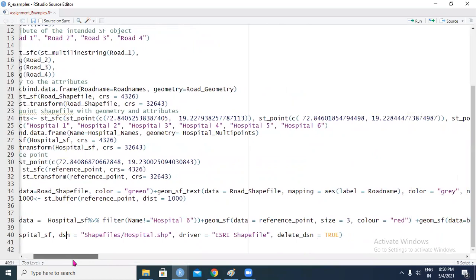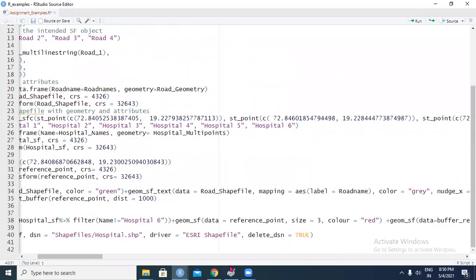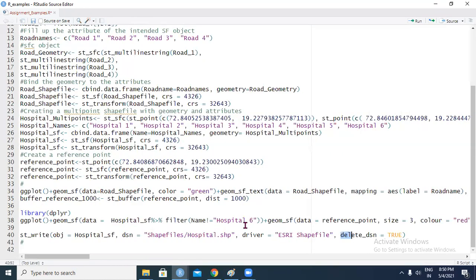And in case this is already there, we use this particular argument, delete_dsn is TRUE, so it helps us overwrite it in case there is a file with the same name available. And your driver is your ESRI shapefile, because it will be written as an ESRI shapefile. And if you actually execute this function,